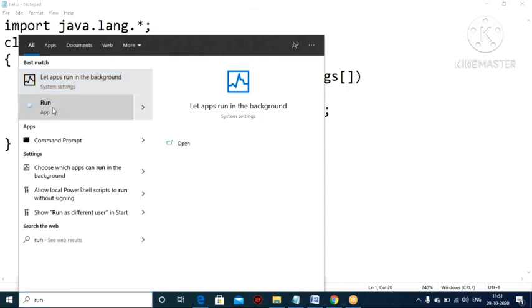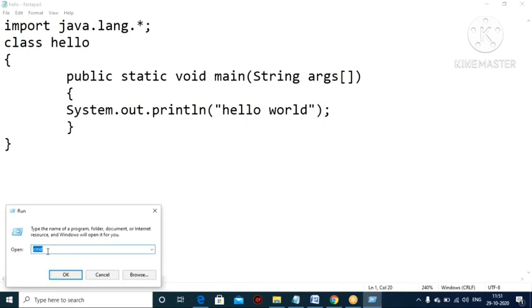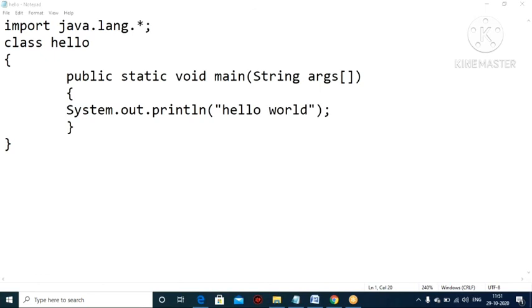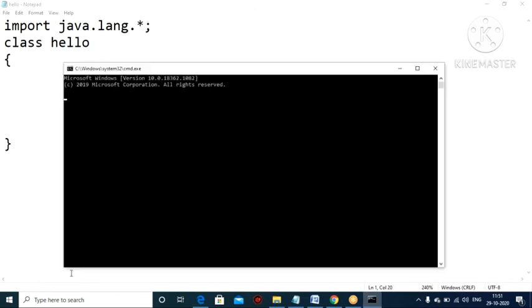Here it is. Type cmd here and open it. Yes, this is the command prompt window. So first you set up the path, so first you find out the path.